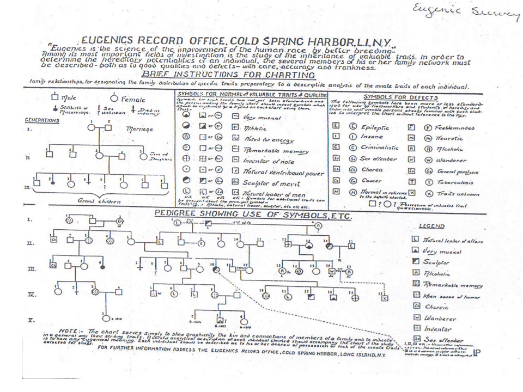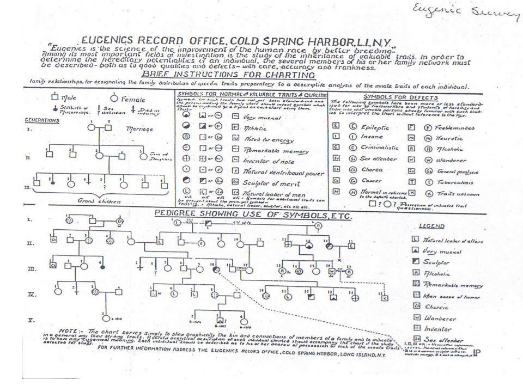You have your natural leader, alcoholic, remarkable memory. So you have all of these different people within one particular pedigree. And it's just shown as an example of what certain pedigrees may or may not look like. And again, they're trying to get, let's say they interview here in the third generation listed.